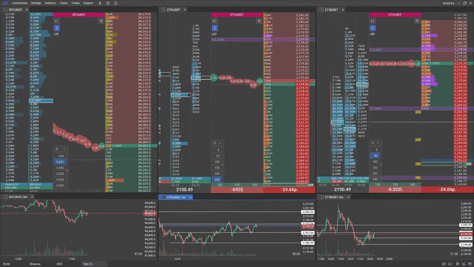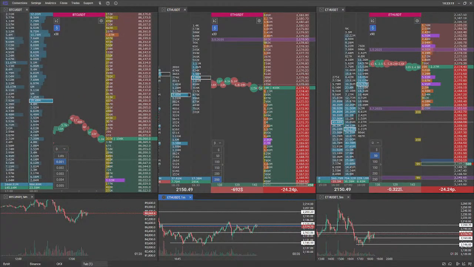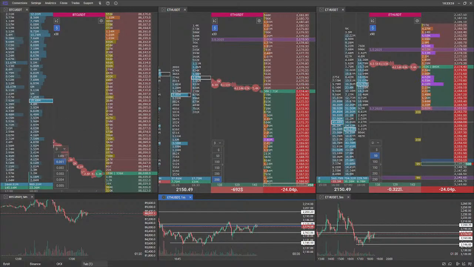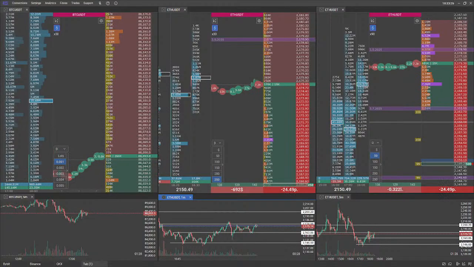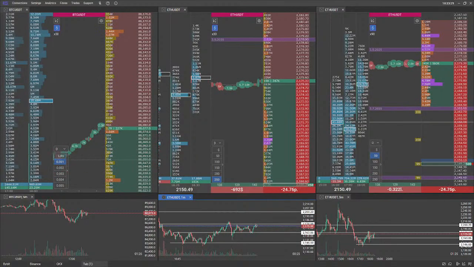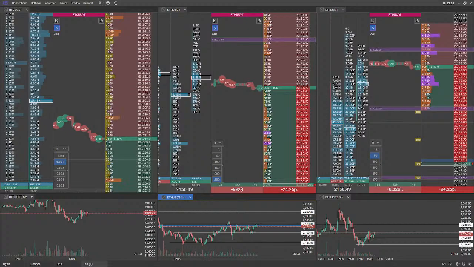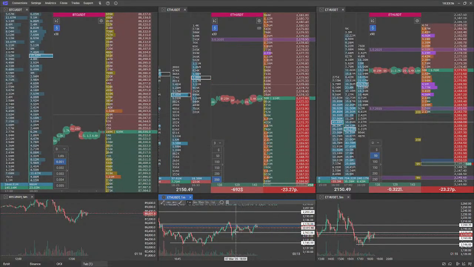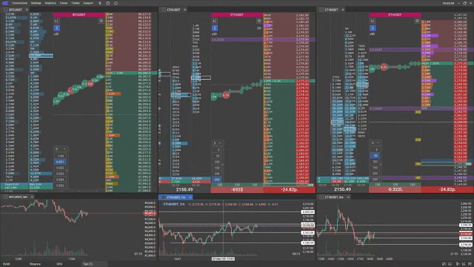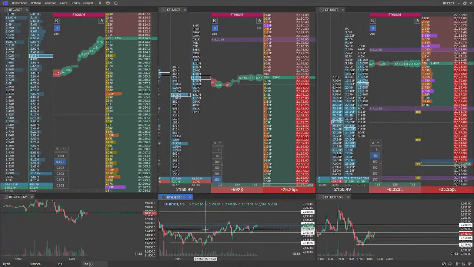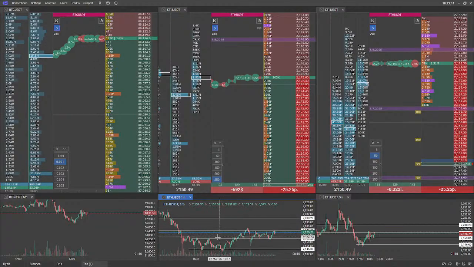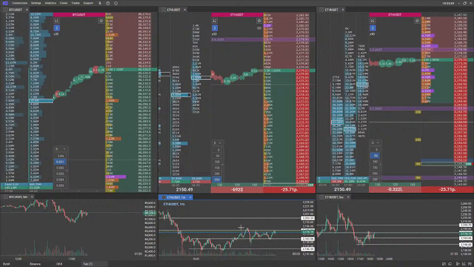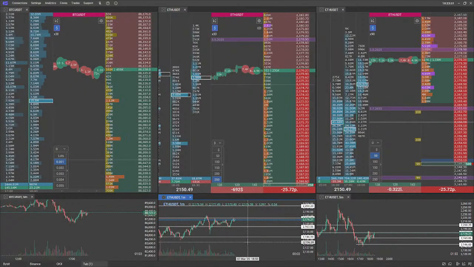This is a very mean reverting market, which just means you shouldn't short the lows or long the highs right away. You need to let the market mean revert and then short again, just like we saw in these examples in these candles. That would be the way that you could profit, or if you want to be more technical than me, you could wait for the last low to be taken and then short it. That could also work out.